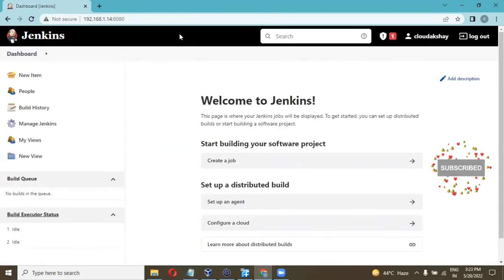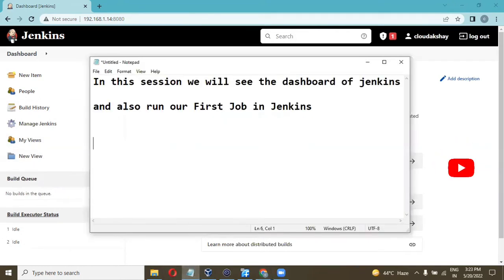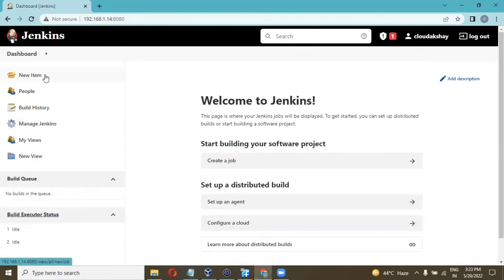We will see all these things in the upcoming series, and in this video we will just create a simple job. It will execute code on a Linux machine, or on the Jenkins server. We are going to execute a Linux command with this Jenkins, so we can get the output.